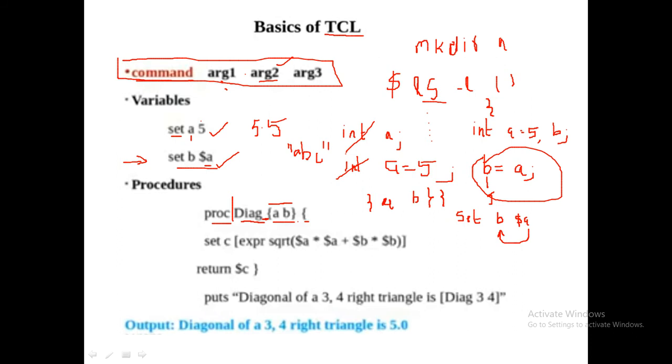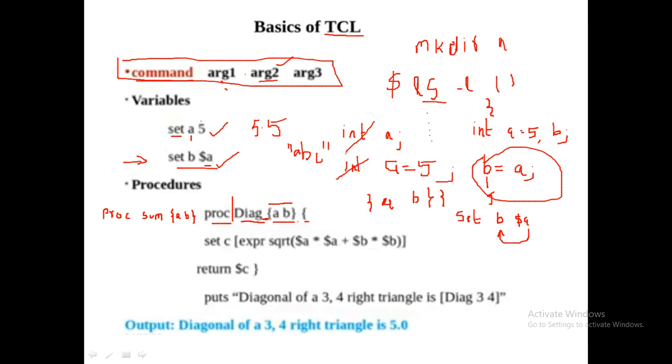Whereas here, when you are writing procedures in Tool Command Language, for example, if you write proc, let us say I write one procedure named sum. I want to find the sum of two numbers, so I have given the name of the procedure as sum. Then I give one space, then an open curly bracket, right? So I want to find the sum of two numbers A and B, so I will give A, again a space, write B, then close the curly bracket.